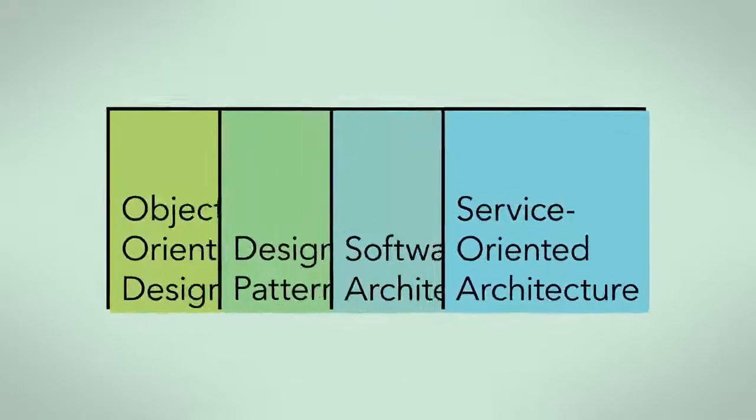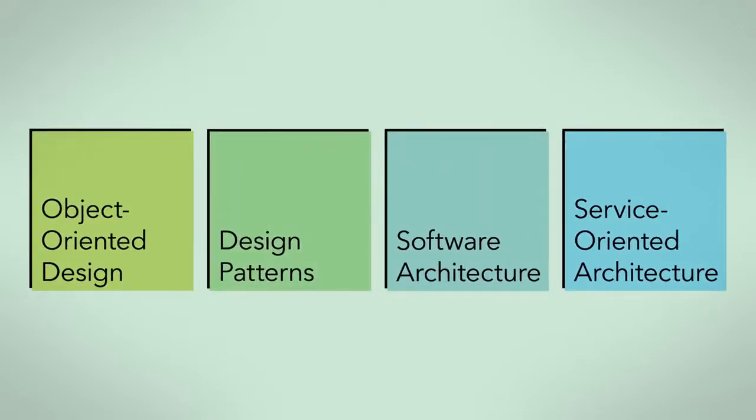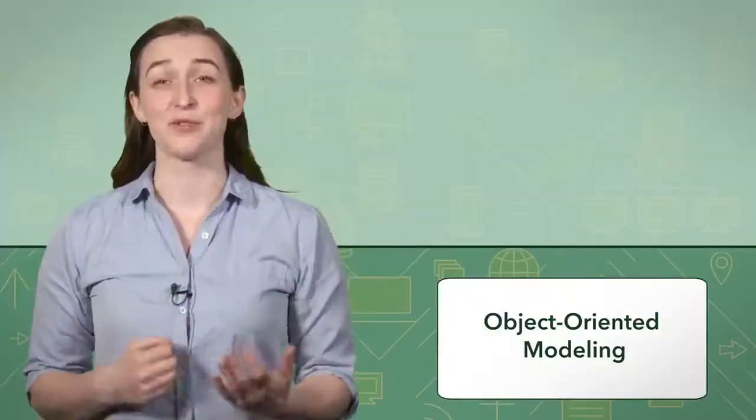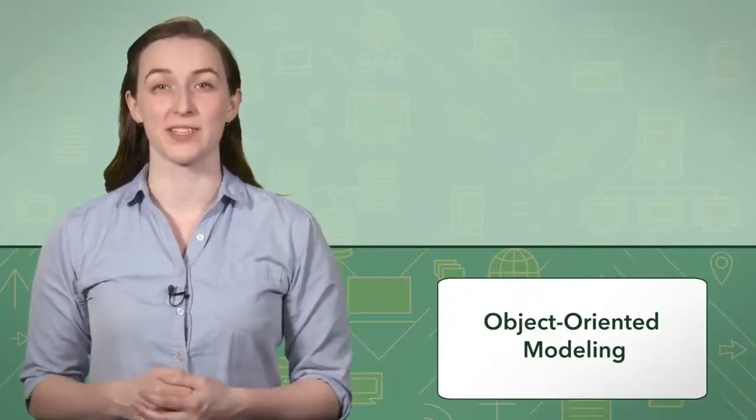This specialization consists of 4 courses. Each course features 4 modules, with the first 3 focused on content and initial parts of the capstone project, and the 4th to complete the rest of the capstone project. The capstone projects will give you the opportunity to apply the knowledge that you learn in each course to a real, functional software product. In the first course, you will learn about object-oriented design.